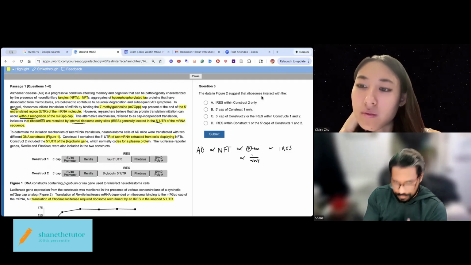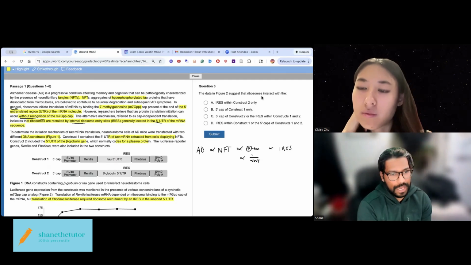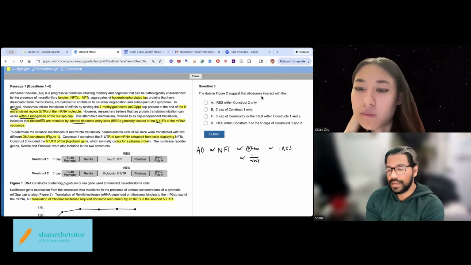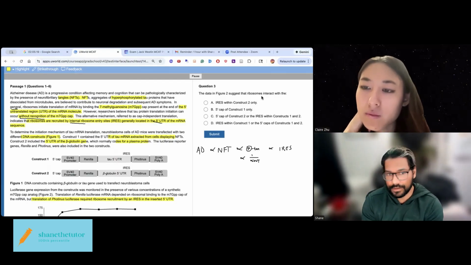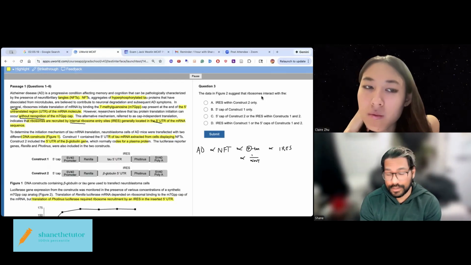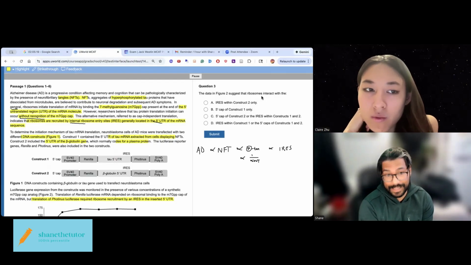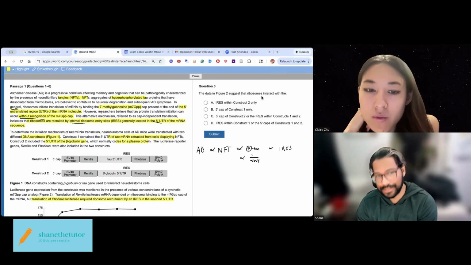So if you're trying to think of a hypothesis for NFTs in this case, then it would make sense to use an NFT as a control, right? And then as a positive control, something that creates NFTs. So it ultimately depends on that. If the hypothesis was